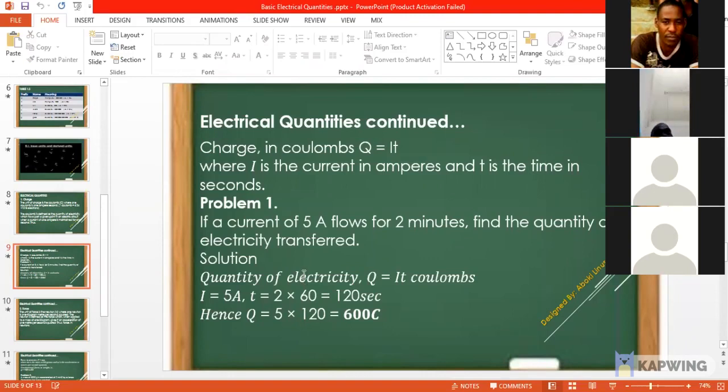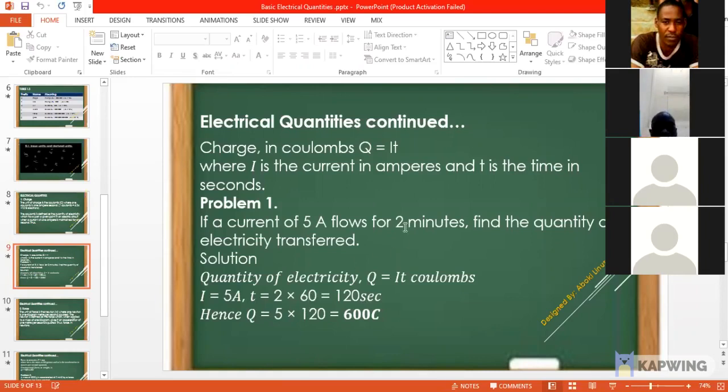Thank you. So let's look at an example on how we can calculate the quantity or the units of charge. We have a problem here: if a current of 5 amperes flows for 2 minutes, find the quantity of electricity transferred. The quantity of electricity, denoted by Q, is given as current times the time. The time, remember, must be in seconds, and the unit of current is amperes. So it's 5 times